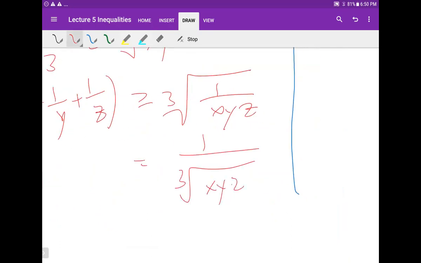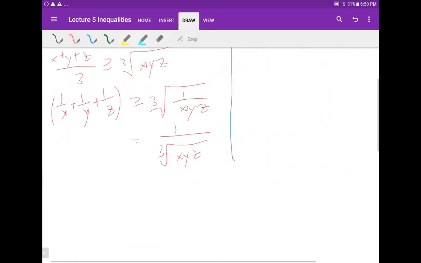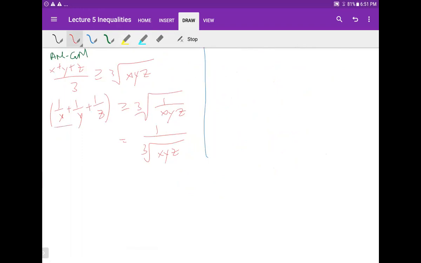And if we multiply these two expressions together, we would get that